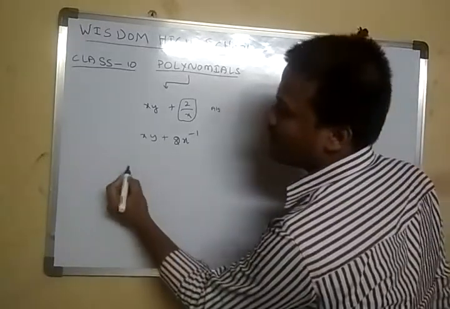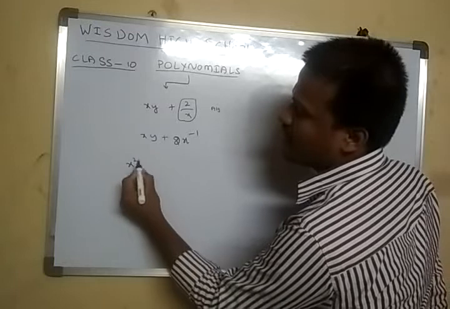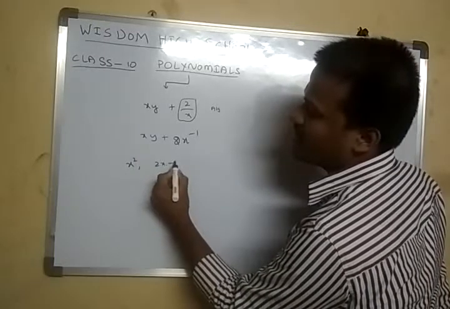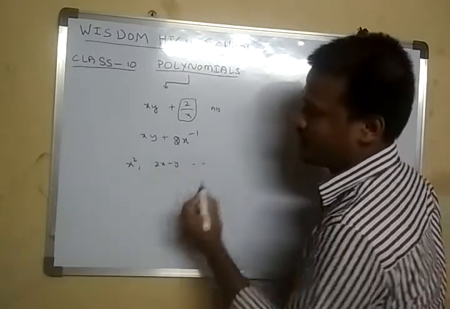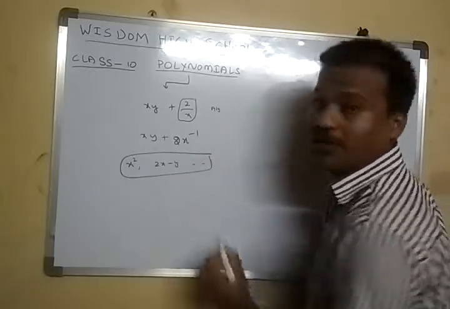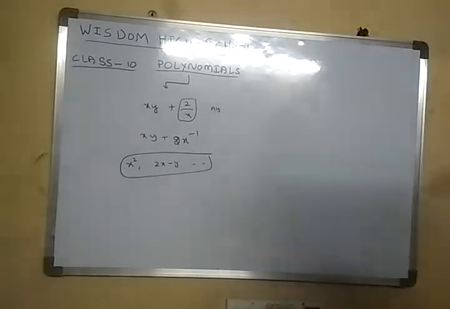So the basic polynomials are x square, 2x minus y, and so on. These types of things are called polynomials. Okay,